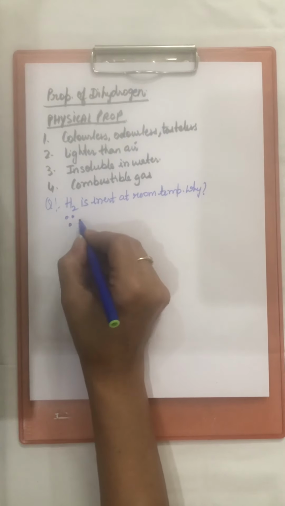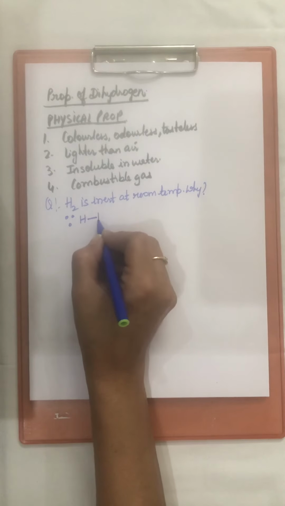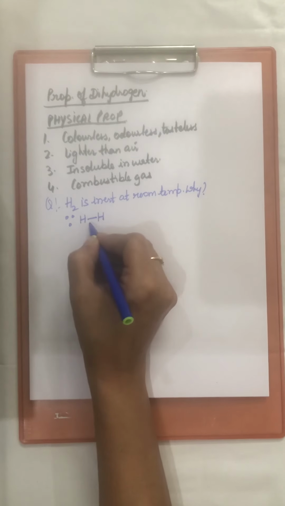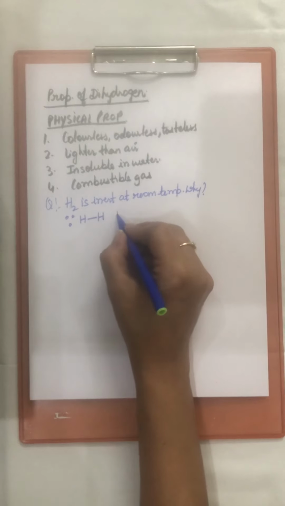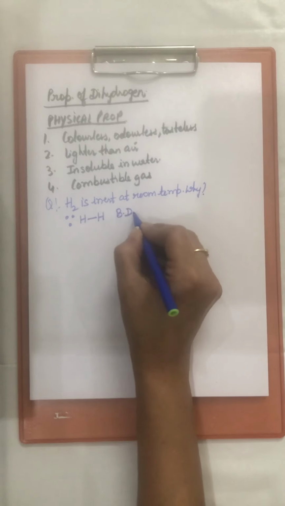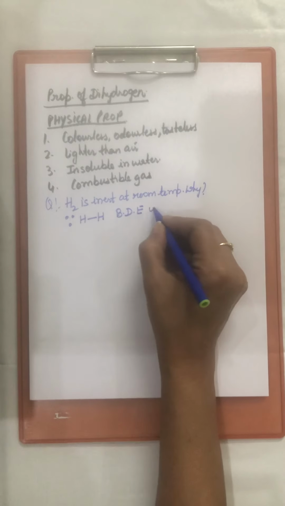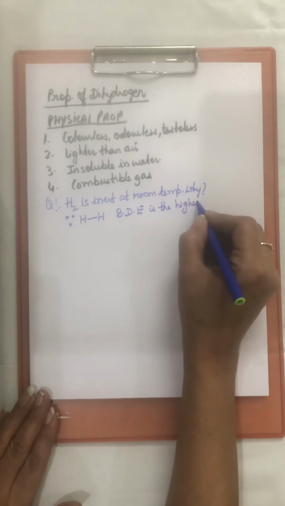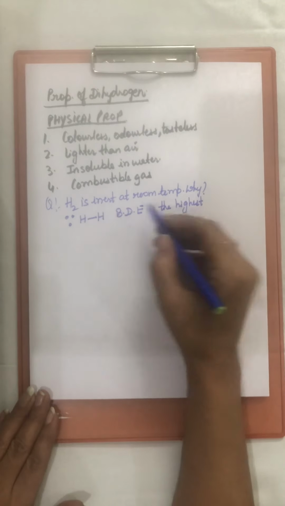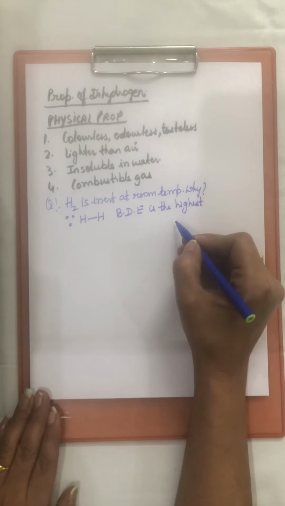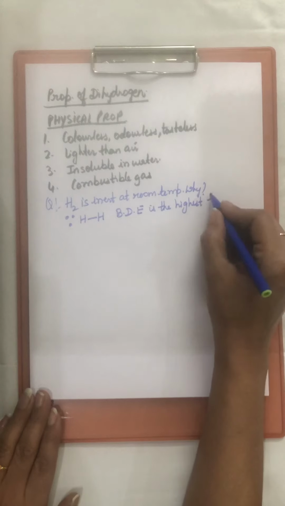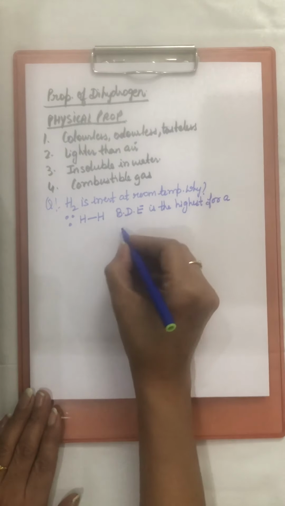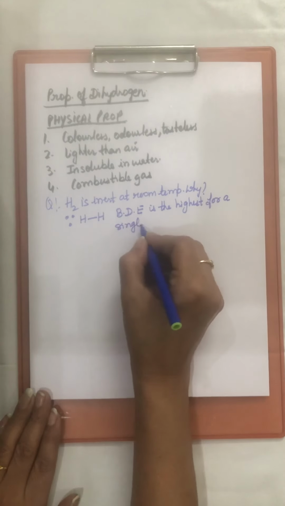Because the H-H single bond is a very strong bond. So the bond dissociation enthalpy is the highest. Though it is a single bond, still the bond dissociation enthalpy is the highest